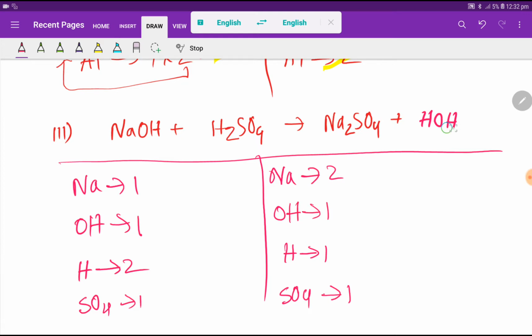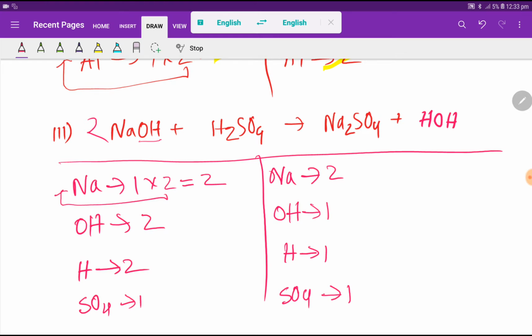which is 1, right? So look, to balance this reaction means we have to balance the number of sodium, hydroxide, hydrogen and sulfate from both sides of this equation, of this reaction. So here sodium 1 but here 2. To balance the sodium, what can I do? I can multiply here by 2, that gives me 2. This 2 must come before this sodium, that is here. If I place here 2, the number of sodium will be 2, the number of hydroxide ion will be also 2, right? So let me update the number of hydroxide 2.